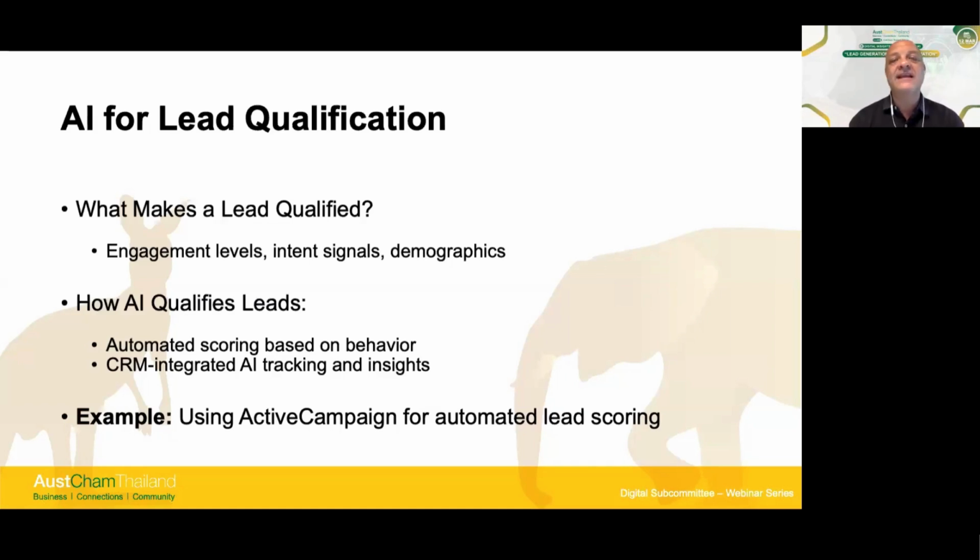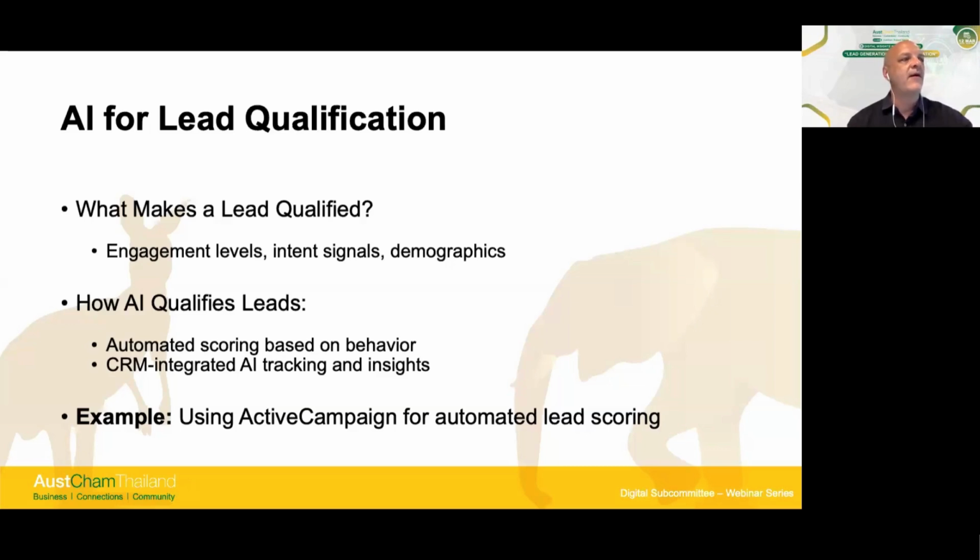A lead downloads an ebook or a lead magnet or a document or something from your website. ActiveCampaign or HubSpot or the CRM will assign points to that. Let's say that's worth 10 points. The lead then opens an email and clicks on one of your call to actions in a follow-up email. Maybe that's 5 points. AI is watching what's happening here and it's scoring the leads. And then potentially, as soon as a lead gets to a score of, say, 30, 40, 50 points, they can be flagged as a hot lead and be sent immediately to your sales team.